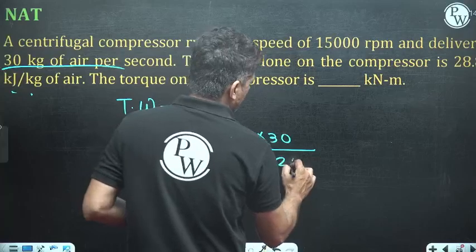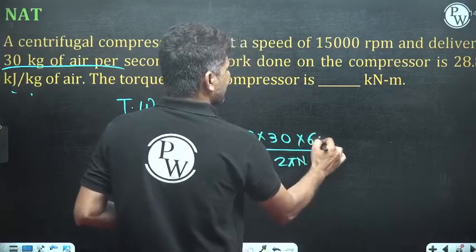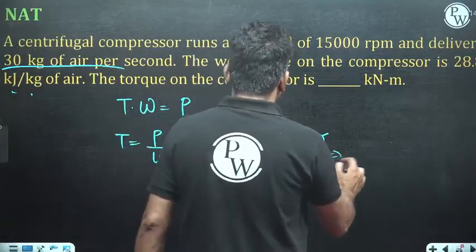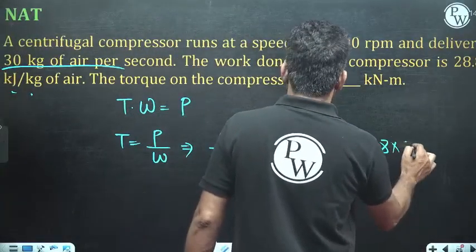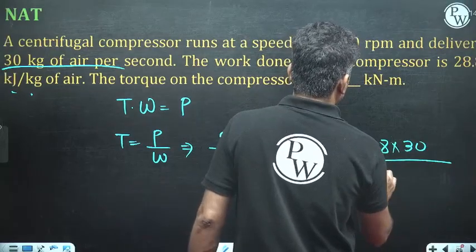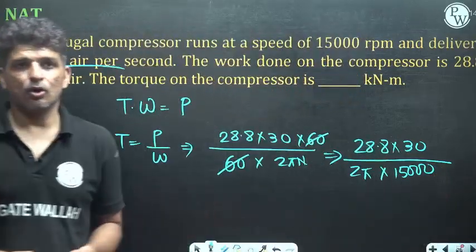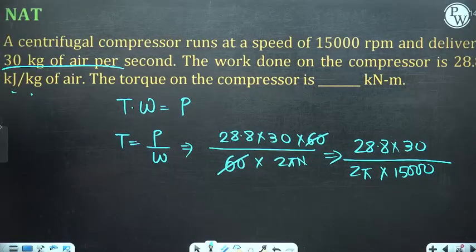Work done per second divided by omega. So omega is equal to 2 pi n divided by 60. Okay, so you can write it like this. So 60 will cancel. So this will come out to be 28.8 multiplied by 30 divided by 2 multiplied by pi multiplied by n, which is 15,000. Okay, is it clear? So we will calculate this. You will see that this value will come out to be very small. So 28.8 multiplied by 30 divided by 2 divided by 15,000 divided by pi. Okay, so this comes out to be